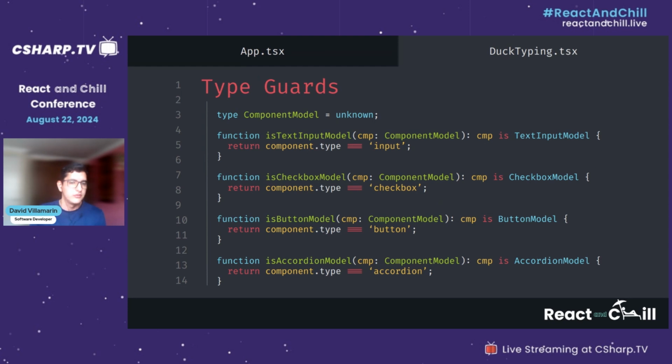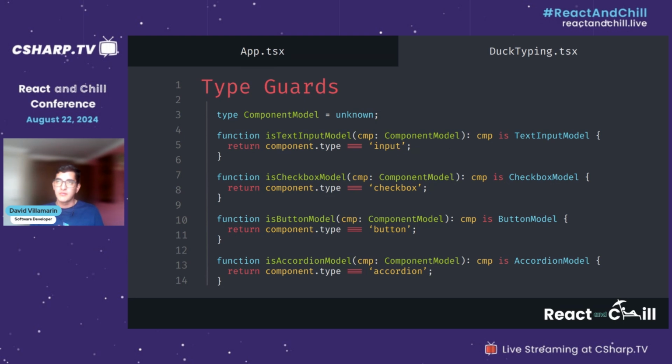So what are we going to do next? We are going to define our type guards. For every component in our application, we are going to define this type guard function, where first of all, CMP could be whatever, could be this unknown that we have here. So we are not sure if it is or if it isn't, but we can be sure that if this is